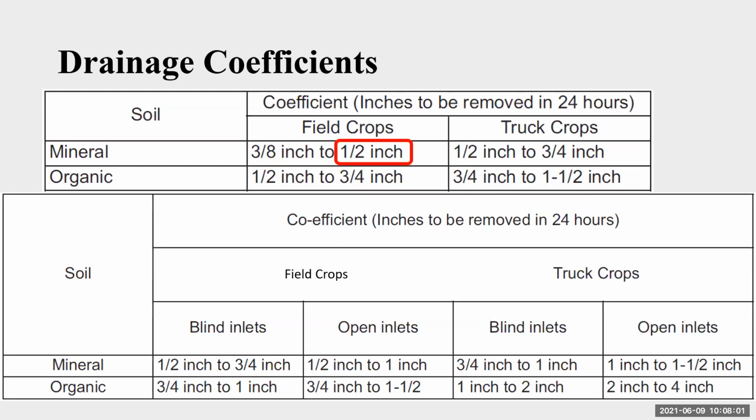In general, whenever I start with any kind of drainage system, if it's a soybean, corn, wheat field, which is the vast majority of what we have out there, I like to stick with a 1/2 inch to start because that covers a lot of scenarios. Most of the time we're not in organic soils. If you are, you can certainly bump it up. Most of the time we're not putting in a lot of open inlets, but if you are, of course, you can bump it up. But generally, I like to stick with that as a first starting point for any drainage coefficient that I choose for a new system.